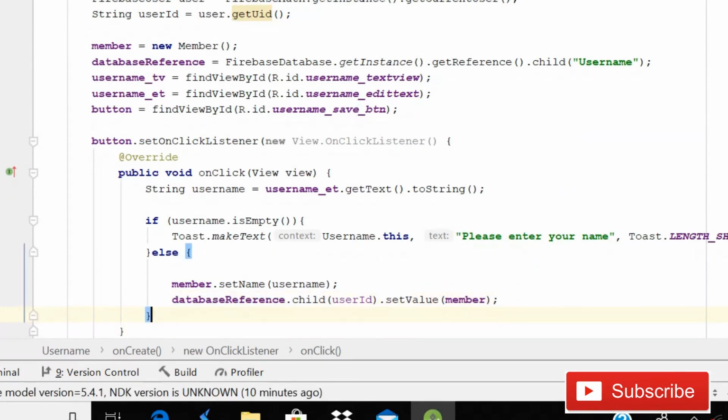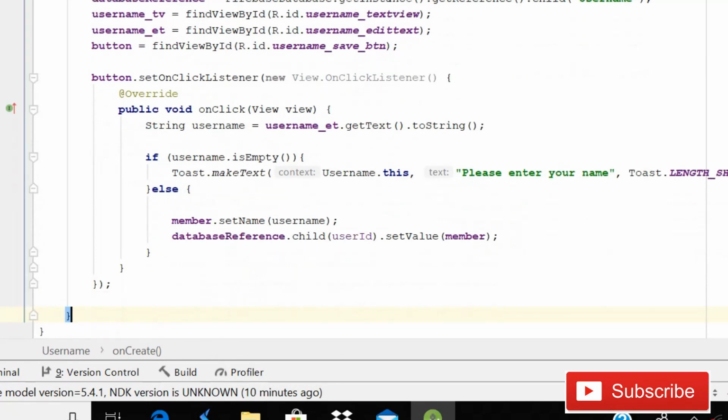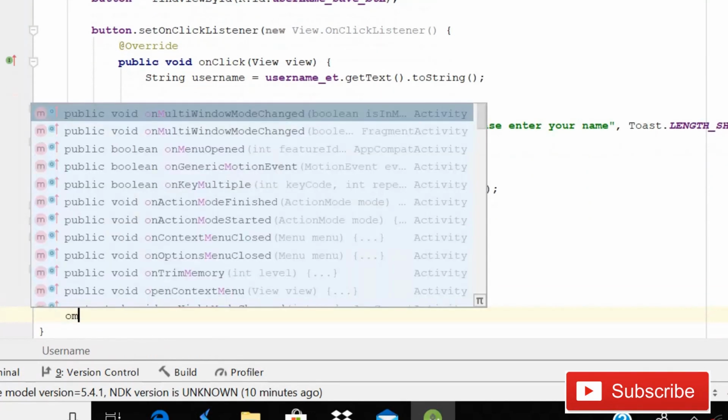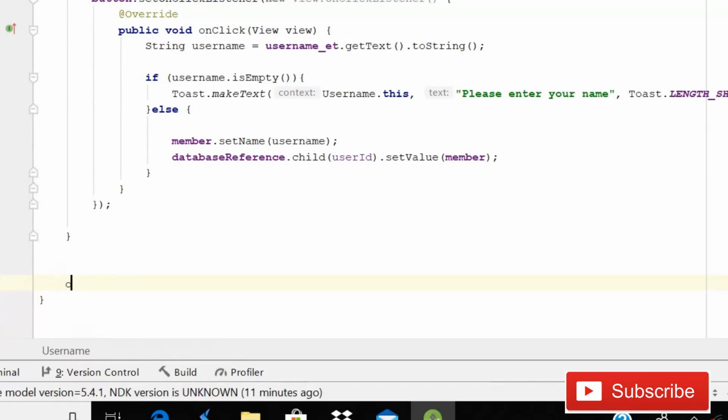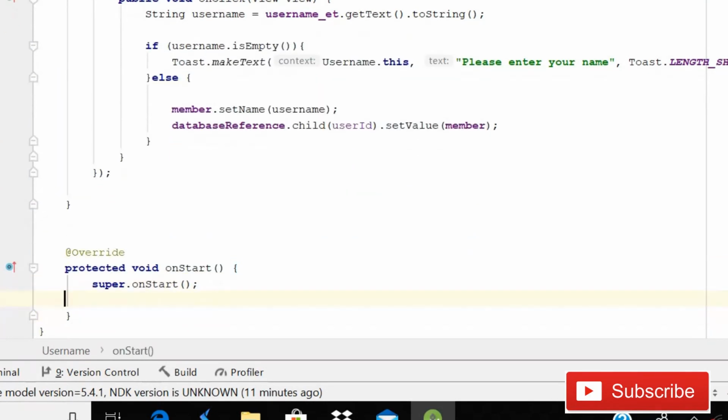And guys, after this go outside of this method, and here we are going to use onStart, because with that we are also going to retrieve that value. So simply type onStart, you can see this is a method, and then onStart. So what here we are going to do is